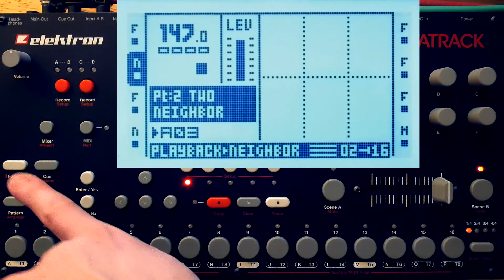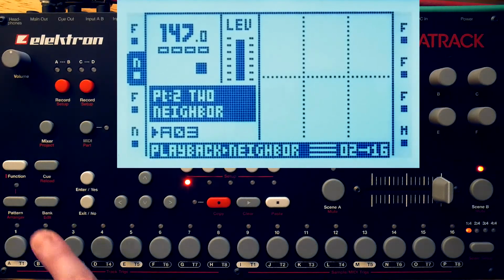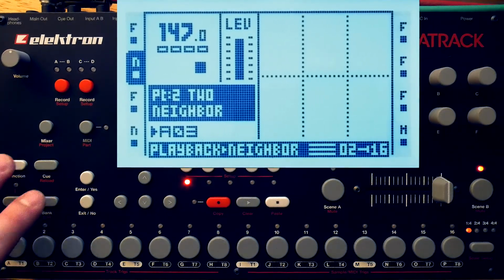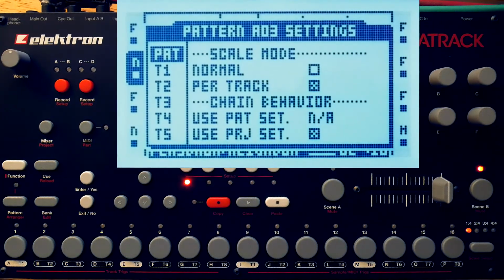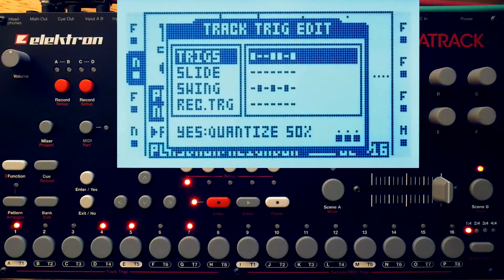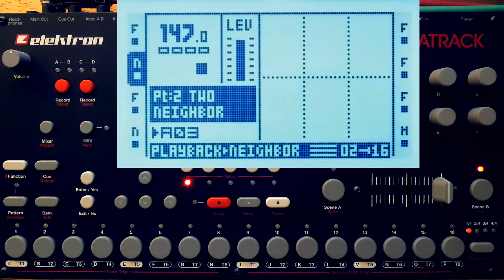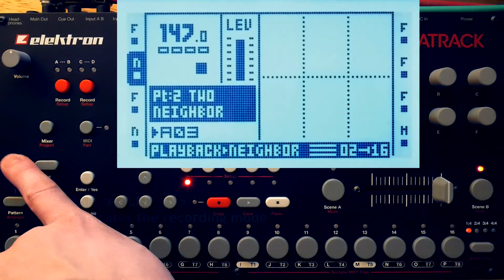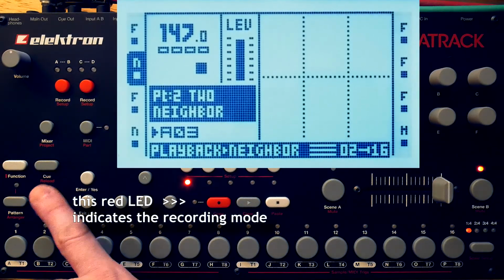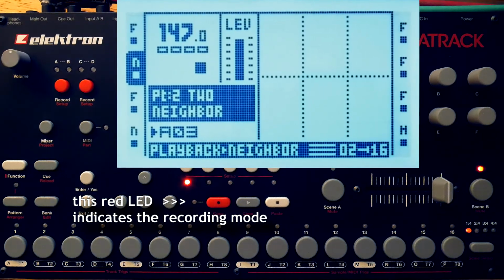Function button right here and the bank/edit button are a crucial button combo. What's important to note about this rather obvious button combo are the number of sneaky edit menus that it allows you to access. And these edit menus contain a substantial amount of essential and useful functionality. If grid recording mode is off, and we're at the standard screen for editing machines and effects, then hitting this